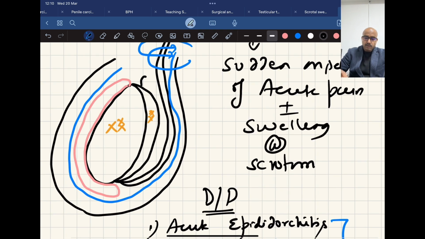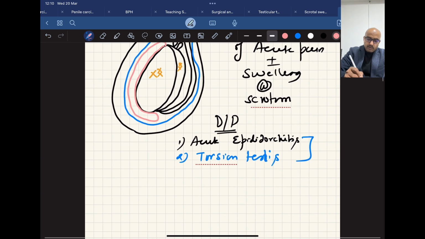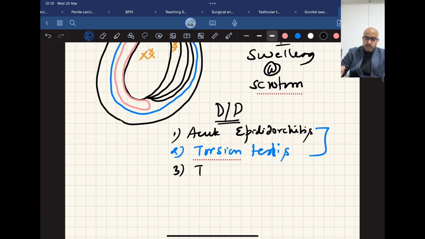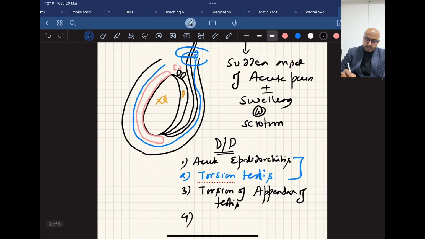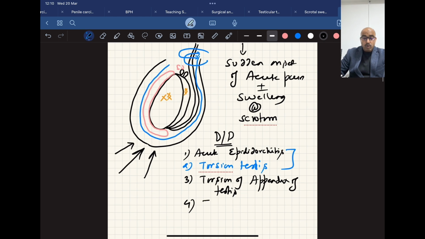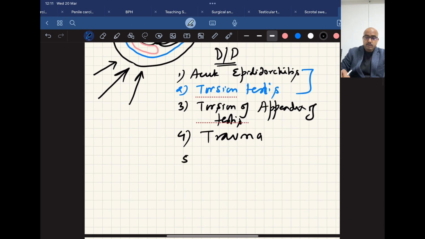The other cause as well, there is one small structure known as the appendix of testis that can be twisted. Okay, so twisting of the appendix of testis, or you can say torsion of the appendix of testis, and there may be trauma of any region. The patient may be playing and gets hit by the ball, or someone kicked the testis. So trauma also causes pain, and